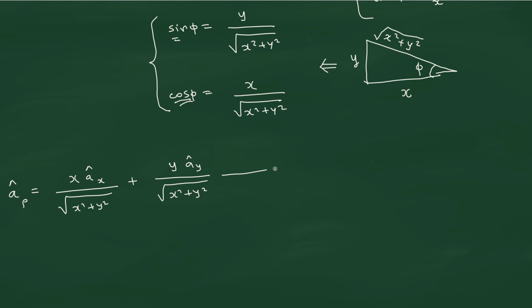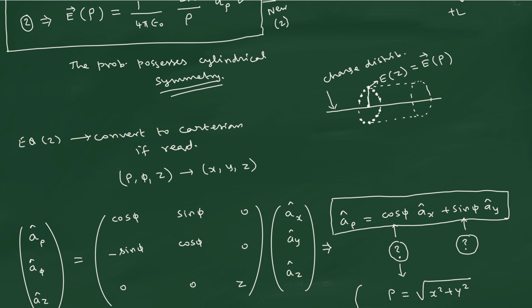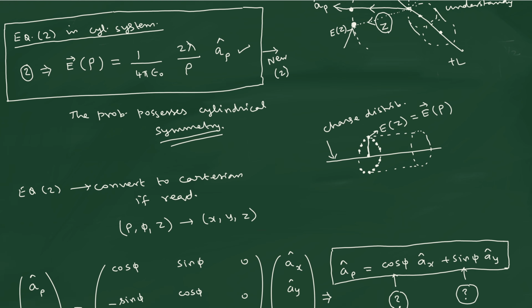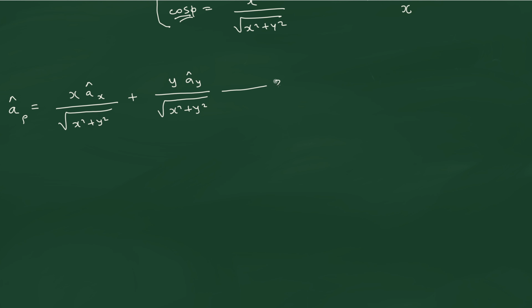So let us say that this is the equation number, which I don't know what equation number we will keep. So we'll have to see. We have this one. So this is the new equation number 2. This is the place where we are going to substitute. So let us substitute in new equation number 2. Okay. So therefore this will be 3. So substitute this in new equation number 2. Then we get,